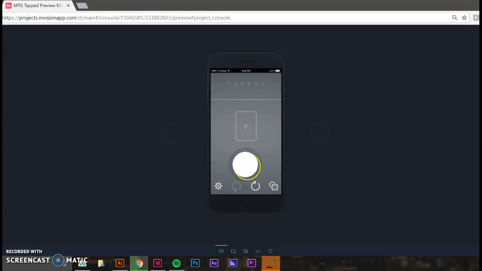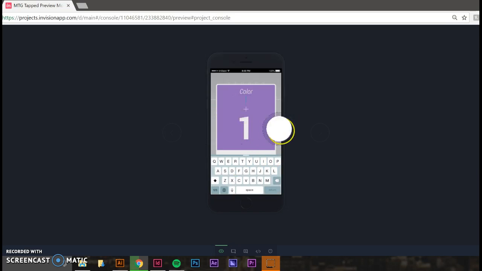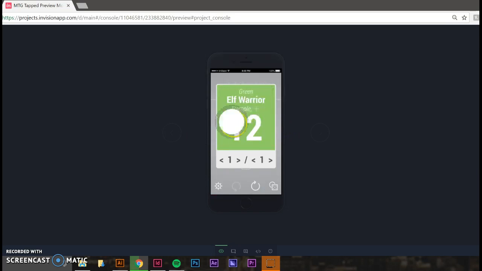add tokens or dice. So I'll start off by adding the basic life counter, and you can click right or left to add to the number, go up and down, and then you can add a token. So this is a basic token setup, and you can change the name. We're going to make this an Elf Warrior, and